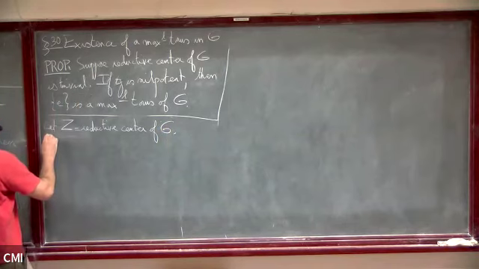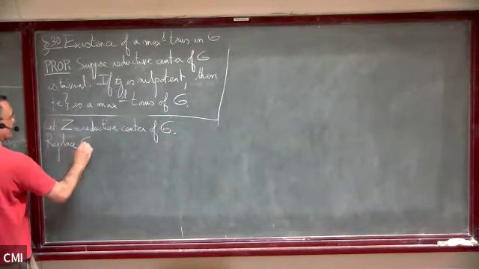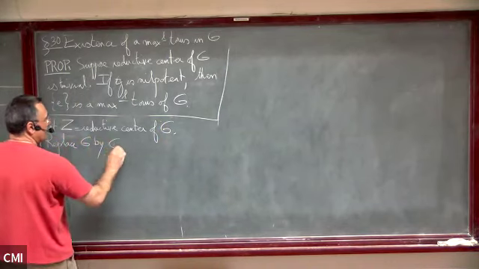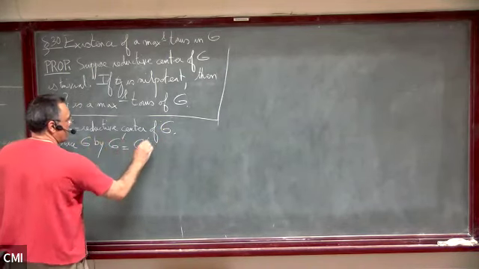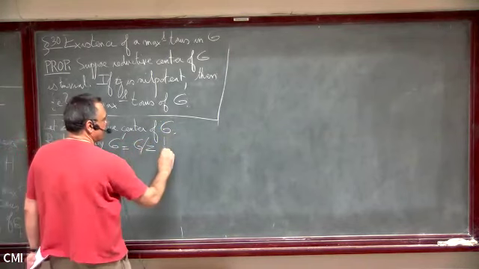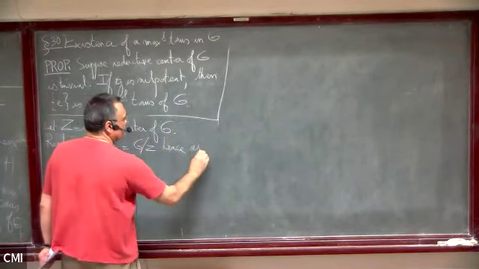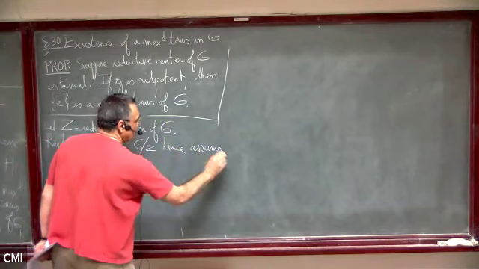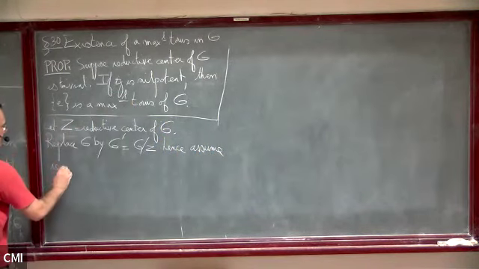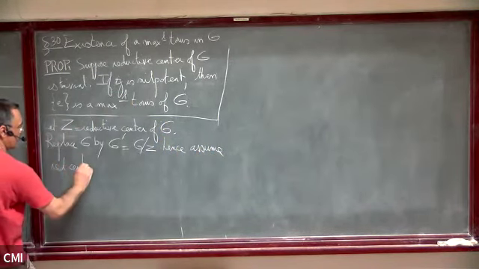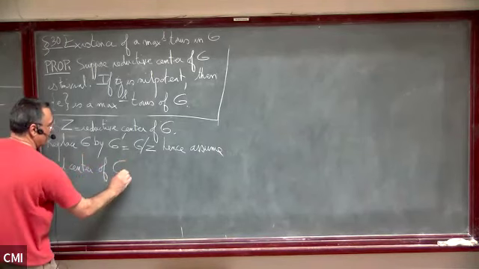So we can replace G by the quotient. Hence, we can assume that the reductive center of G